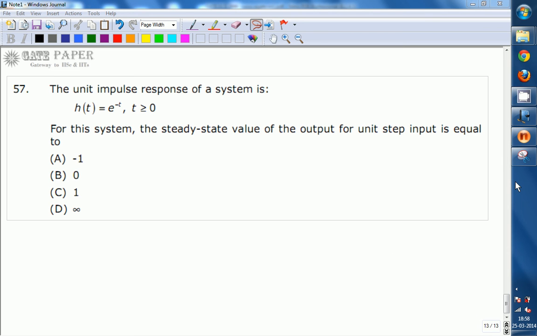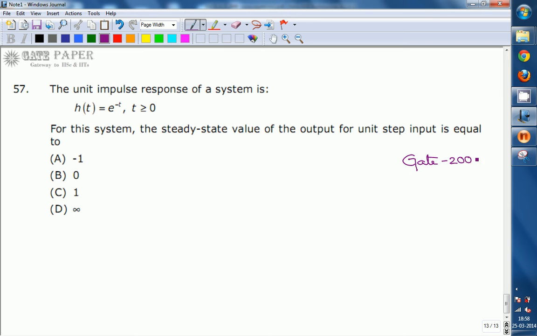Let us discuss the question from signals and systems given in GATE 2006. Coming to the solution here, given that